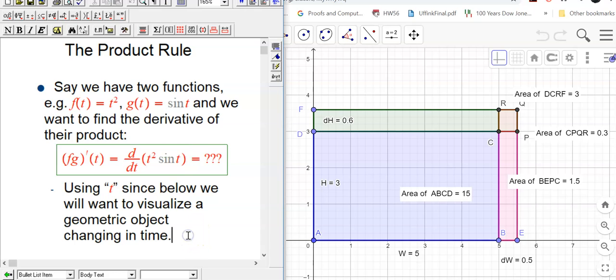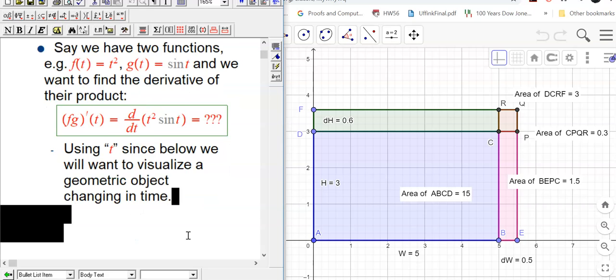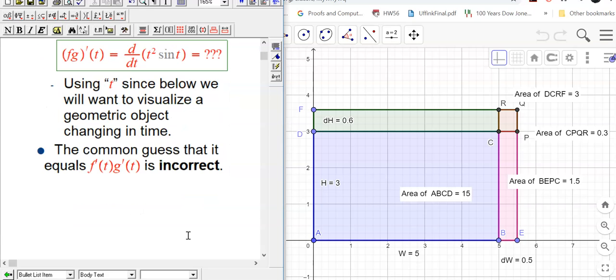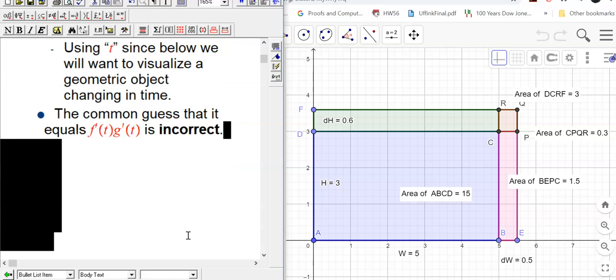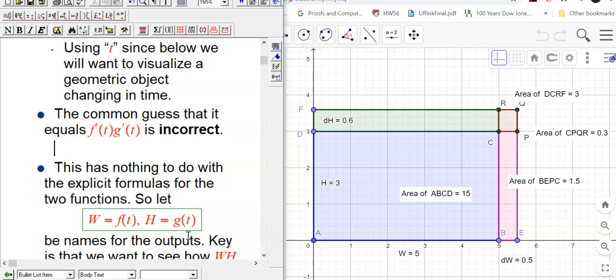variable. Here's the thing: if people guess this, they often will guess that it's the product of the derivatives. Well, it's just not true that the derivative of a product is the product of the derivatives. So that's really important. Wish I could spend more time on that, but it's really important that that guess is